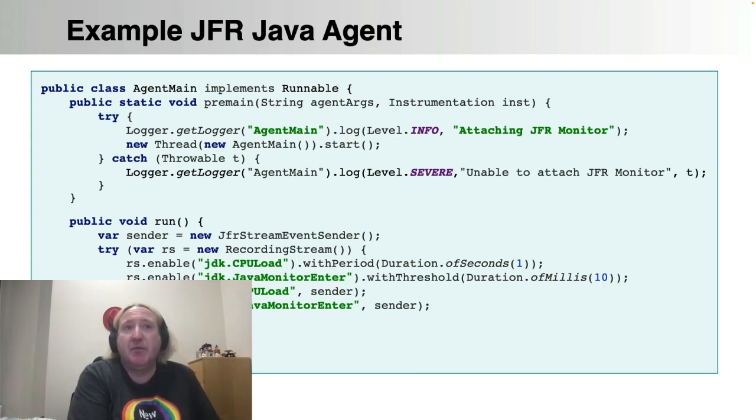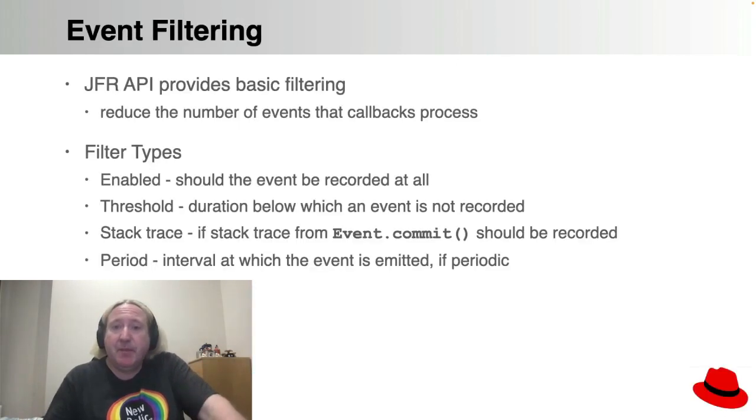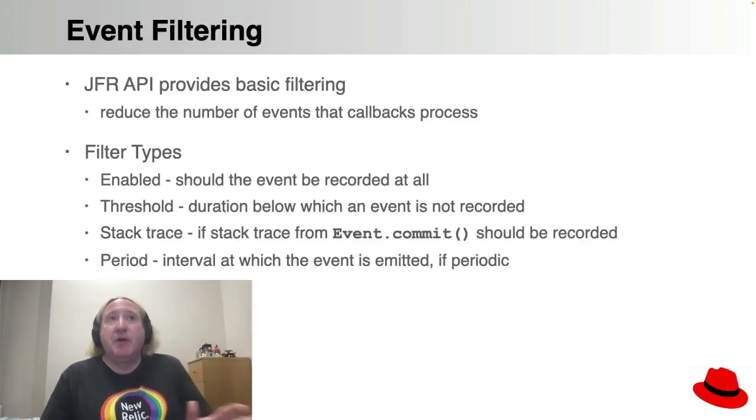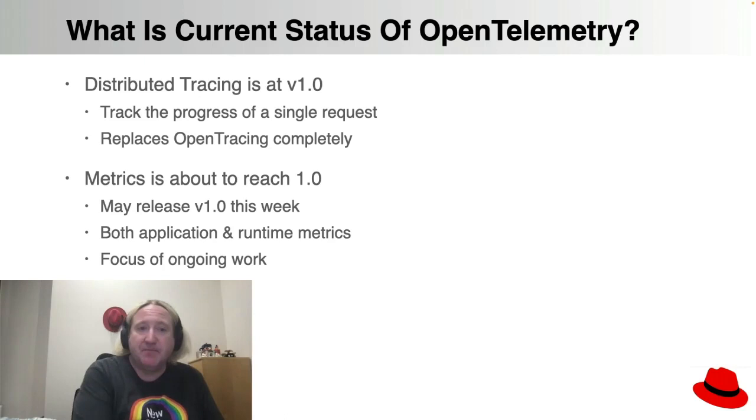You set those two up with the callback, which is the on-event lines. And then finally, you call rs.start. That method does not return, because now your thread has just been set up as an event loop, and it will receive events from the JFR subsystem as things happen. Okay, a bit more detail about the event filtering there. I'll just leave that up. You should probably do some research if you want to hear more about that.